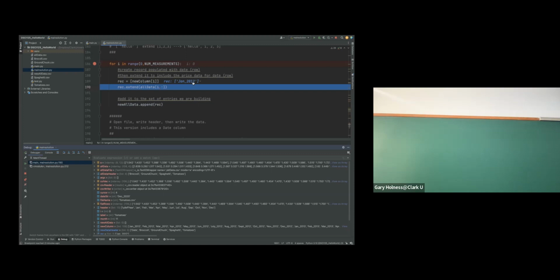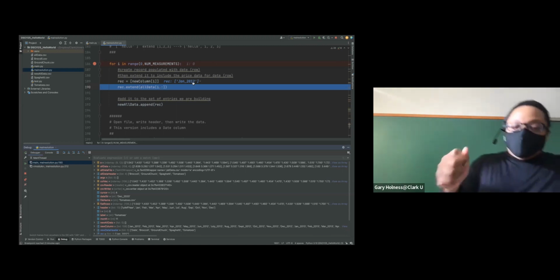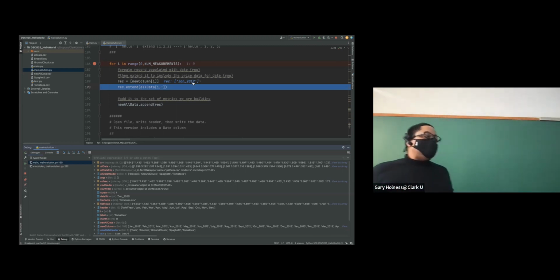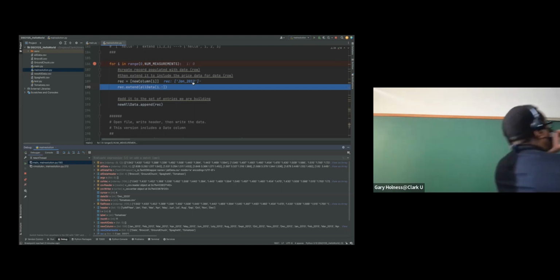So if I said append instead of extend, I would have January 2012, comma, and the next object is going to be that array of 4 entries. Append means to place it there. Extend says go into that array and take element by element